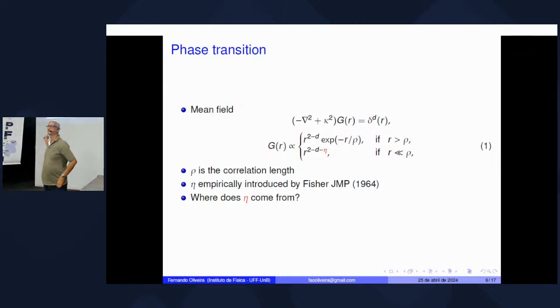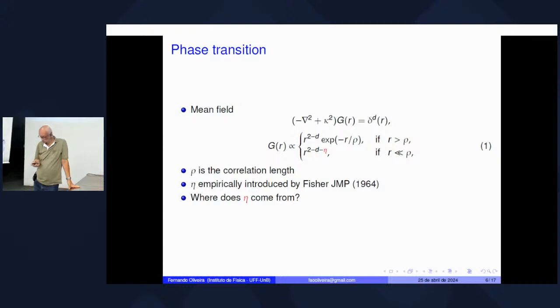It's a very interesting article. If you take an article from 1964, it's very interesting because it was done before the renormalization group, all the scaling laws and everything else. People just adjusted things and got things in. And Fisher got these solutions, I mean. And afterwards, people said, wow, that must be the solution, must be this eta here, and so on. And what people say is, we know that mean field is not good, we know that the fluctuation relations obtained like that are not good.